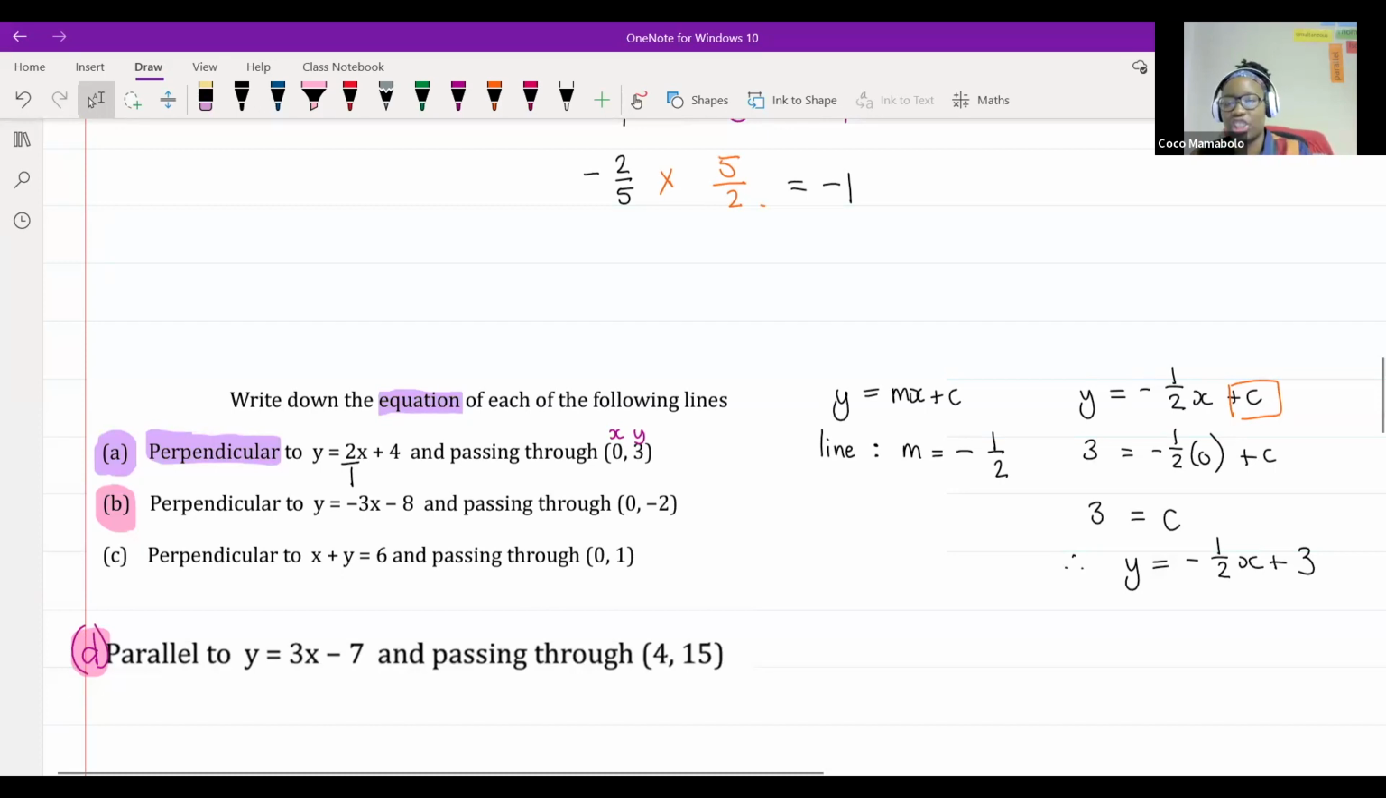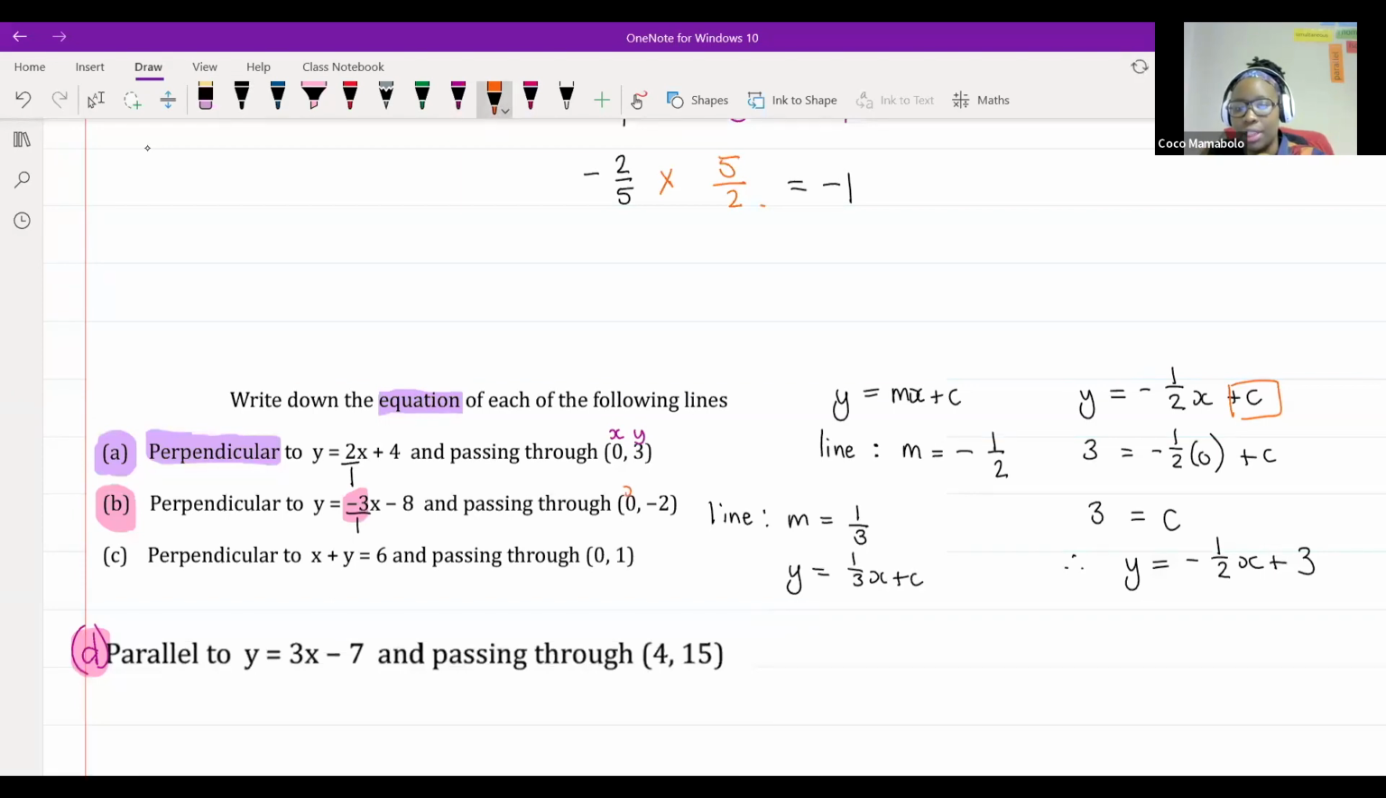All right, peeps, let's have a chat. Okay, let's start with B. In B, I've got a gradient over here of -3. I'm going to turn that into a fraction, -3/1, right? So that means the line that I want to find the equation for has a gradient of +1/3, right? So now I'm going to take this, y is equal to 1/3x plus c, and they've given me